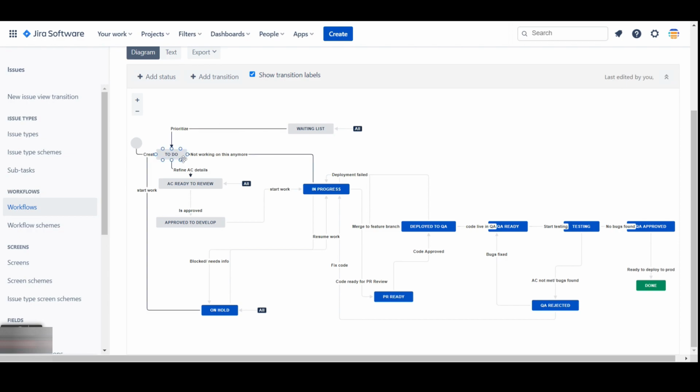So I'm going to talk about where it leads to before I show you what's coming towards it, right? So I'm going to only show you the arrows going away from it to show you the flow. When you first create a user story, it's going to be in to-do status. That's our default. And then the next thing that happens is that it goes into an AC ready to review